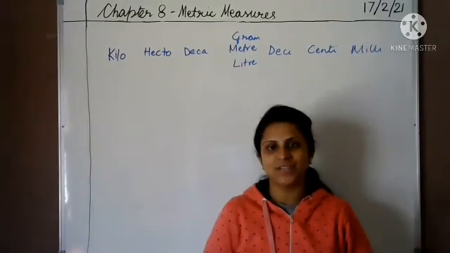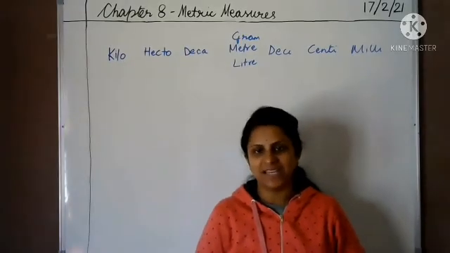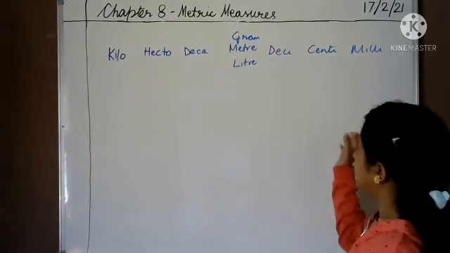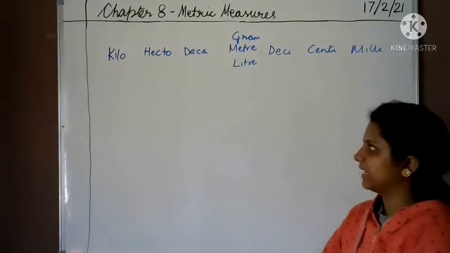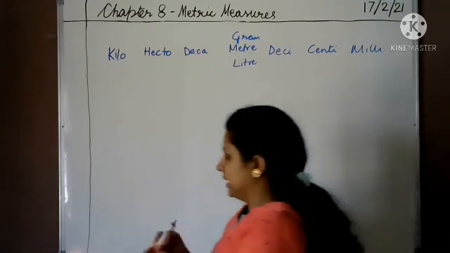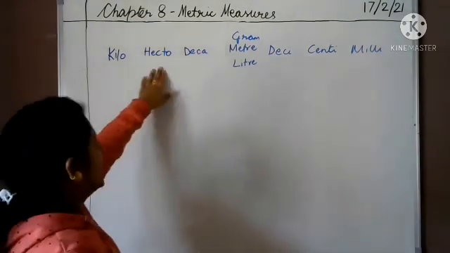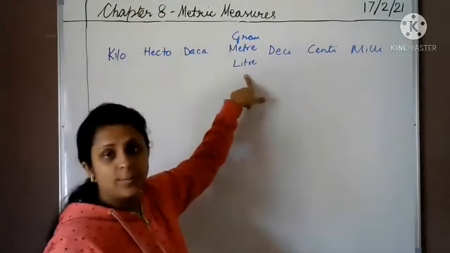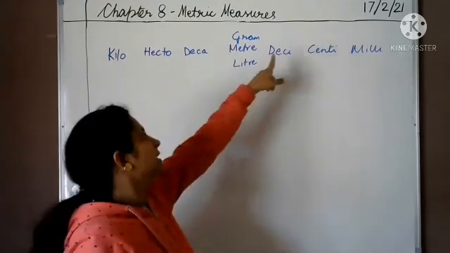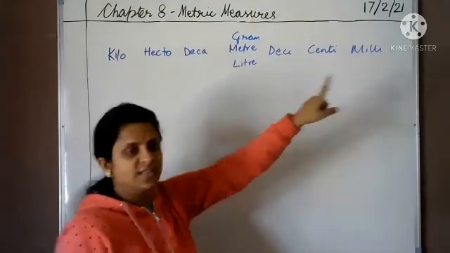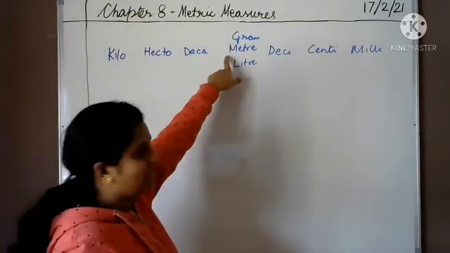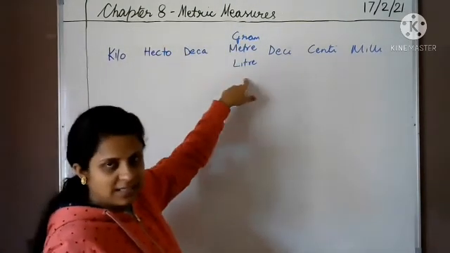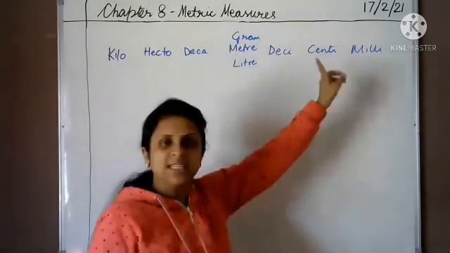Children, I hope you enjoyed looking at the animation. Now let's look at the concept once more so that you have a clear way of understanding. So what do we know? Katie helps Daisy to bake. Bake matlab basic units, delicious chocolate muffins. So kilo, hecto, deca, meter, gram, liter, deci, centi, milli.